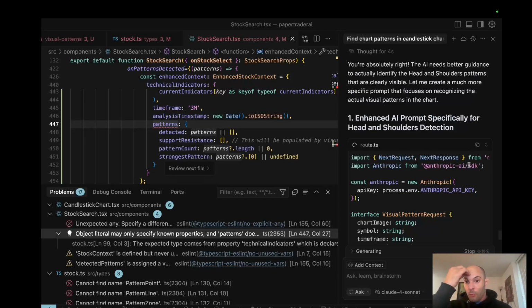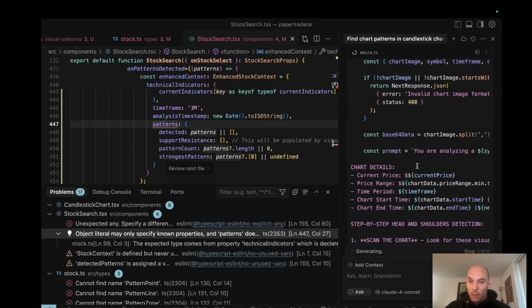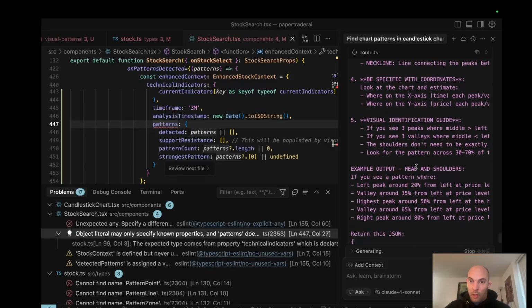The actual visual patterns in the chart. Okay. Enhanced AI prompt specifically for head and shoulders detection. I mean, do we really need to get